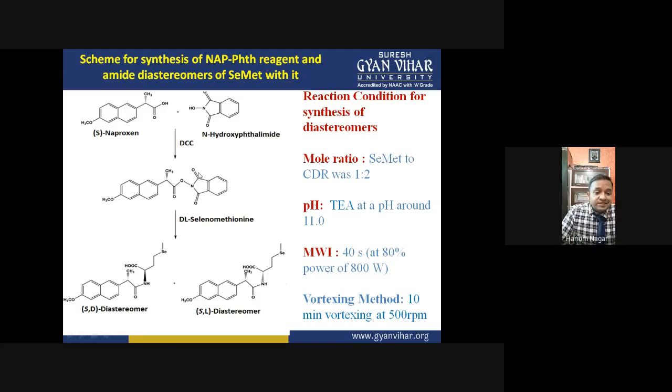This chiral derivatizing reagent is more active than S-naproxen, right? So when this derivatizing reagent interacts with the racemic form of selenomethionine, that is DL-selenomethionine, we can name chiral compounds by various systems, like the small dl system and the capital DL system. Here D means dextro, where the first chiral group is present on the right-hand side, while L-selenomethionine means the first chiral group is present on the left-hand side.